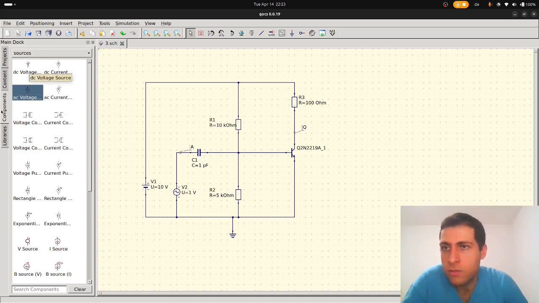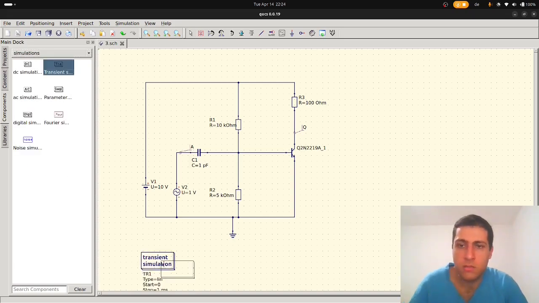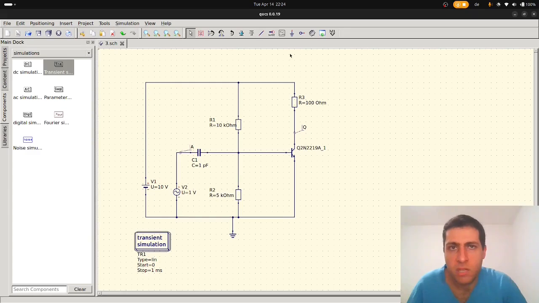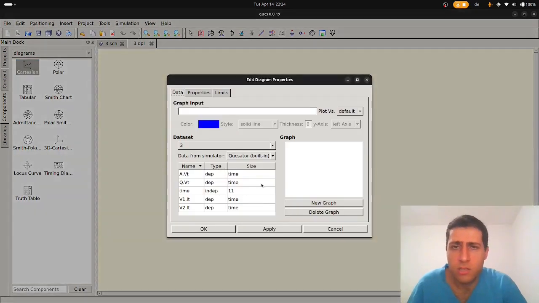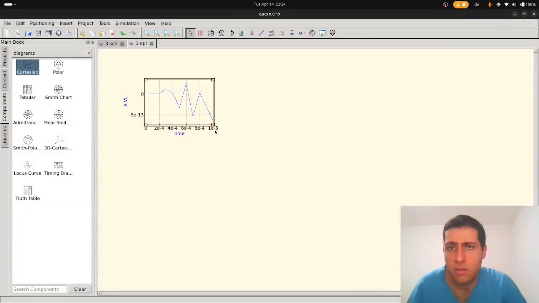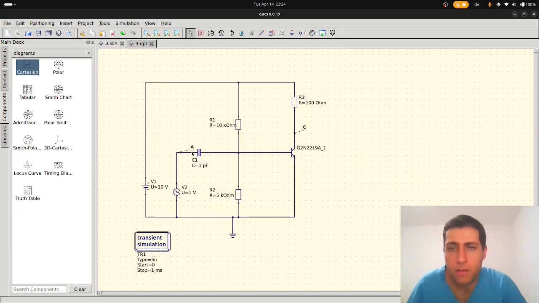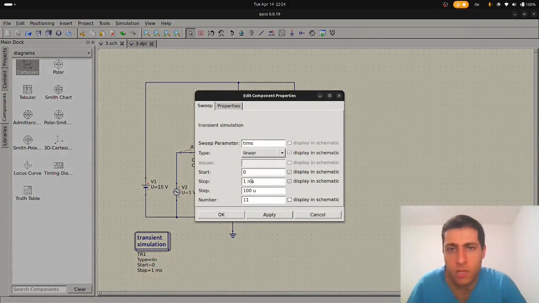So over here I head over to the simulations panel and go to transient simulation, and let's just get an output of everything. Let's see. Okay, in Qucs, this is how you can see the stuff that you are plotting or testing. Okay, now this doesn't look good. Okay, what should I be changing? Okay, just remember I gave it a 1 megahertz,